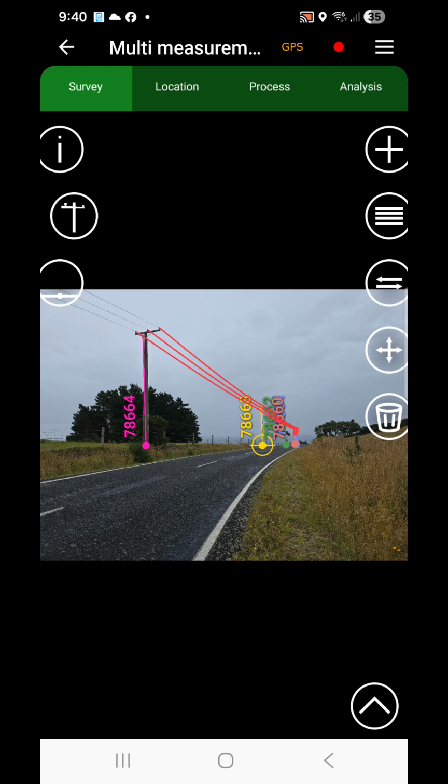One of Axonic's features, which you'll find within the multi-measurement tool, is the ability to perform single pole structural analyses on simple pole structures. This is something you might use to understand whether a pole is overloaded or to look at replacement poles for a pole that you've got. Now, the beauty of using Axonic to do this is